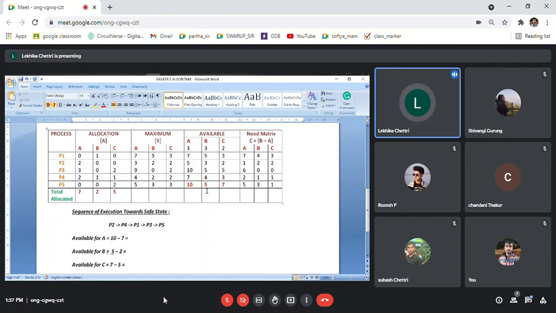But if you have 5 toffees available at the starting, and you have distributed 7 toffees, that means your calculation is wrong because you had only 5. If your resources are 10, 5, 7 and you are allocating 11, 5, 7, then you are wrong. If you have 5 toffees, either you can choose to distribute all 5 or you can choose to distribute only 1, 2, 3, 4. You can distribute all of it, but you can never distribute more than that. Okay, so if this comes greater than this one, your answer is wrong.